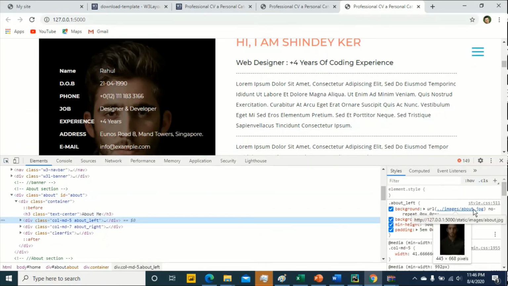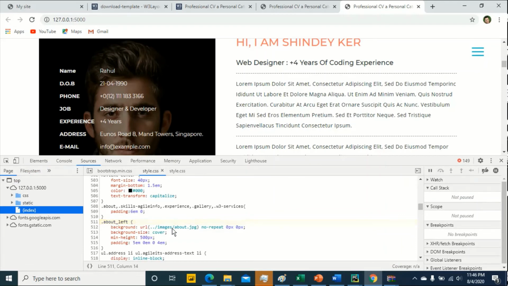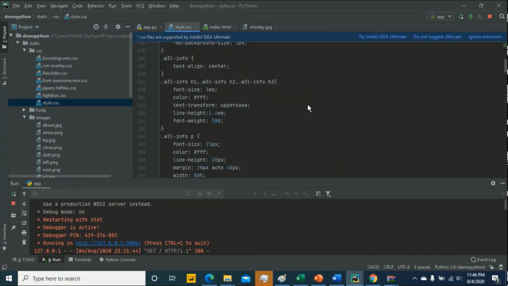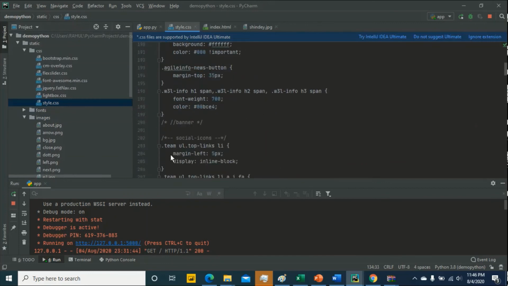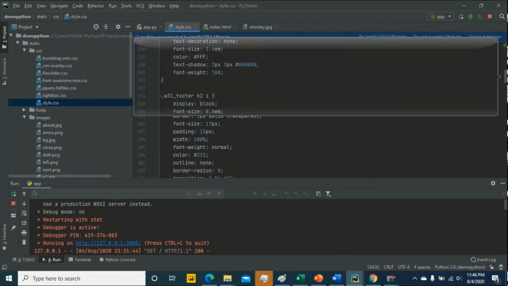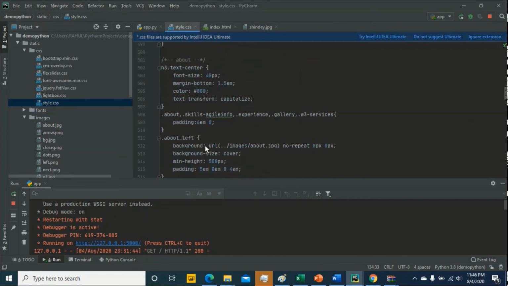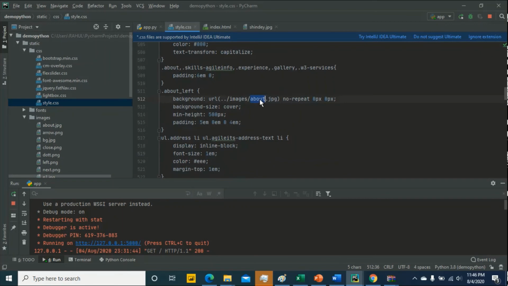Okay, about.jpg. Which line? Click on style.css 511. Just go on 511. Okay, here you can change.